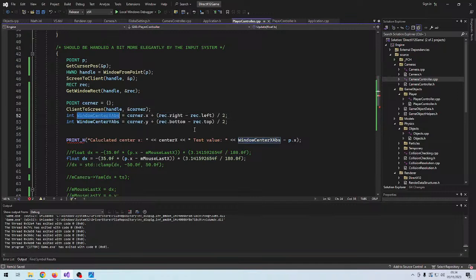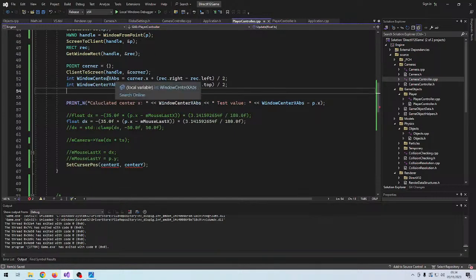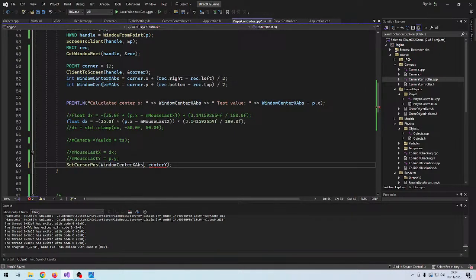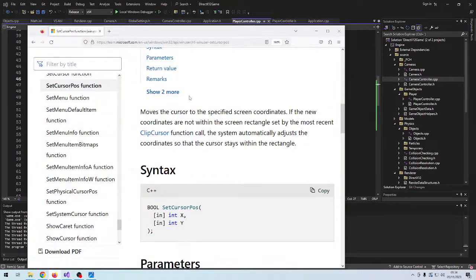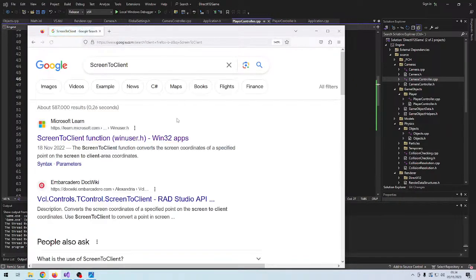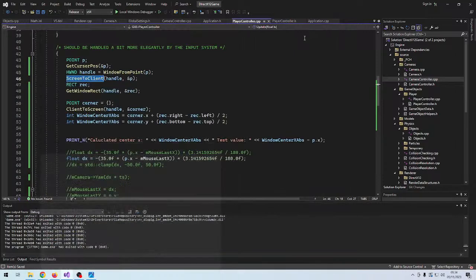Oh well. Yeah, so we have our absolute position. I think screen to client is, yeah, so that is